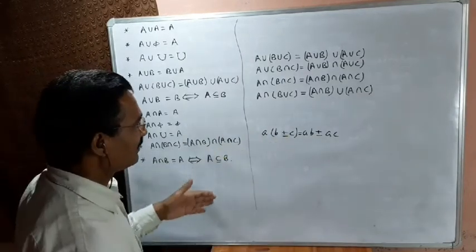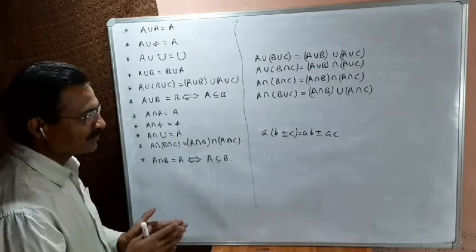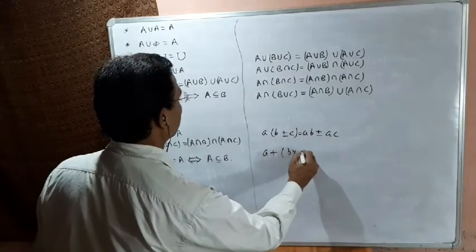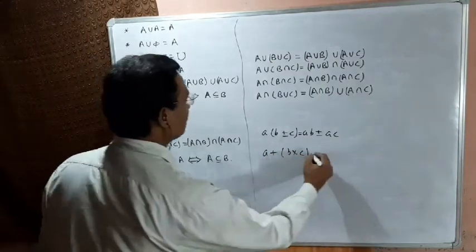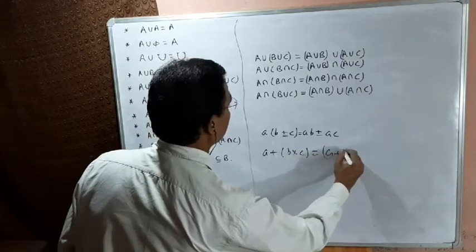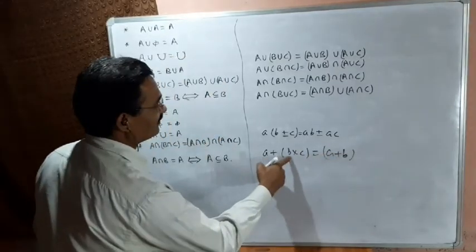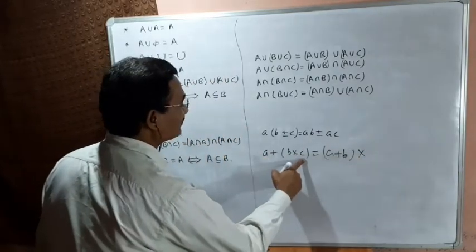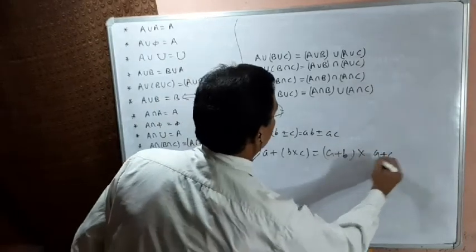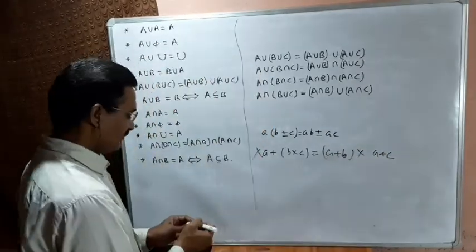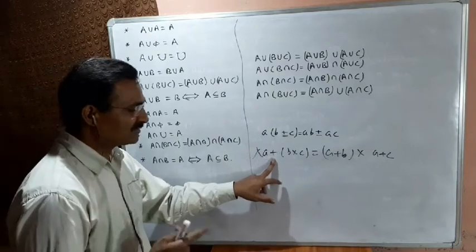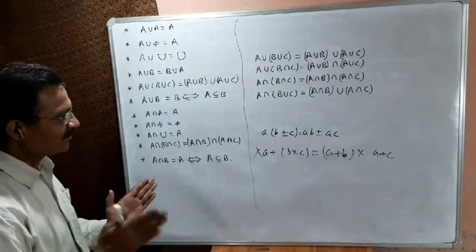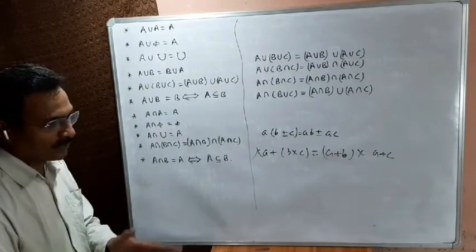You can understand that no other operation distributes over another. For instance, if we take whether plus distributes over multiplication, we would write A plus (B times C) as (A plus B) times (A plus C). Obviously this is wrong. Therefore we can say the plus operation does not distribute over multiplication. Means in algebraic operations only multiplication distributes over addition or over subtraction.